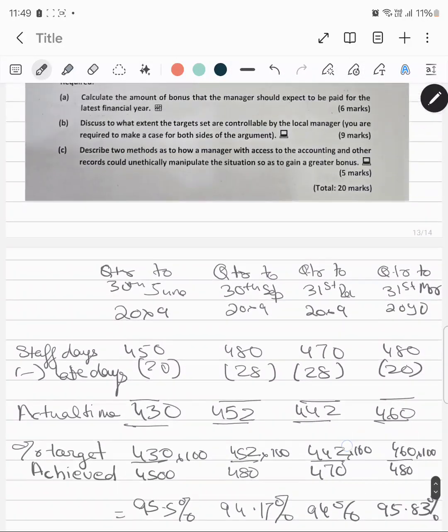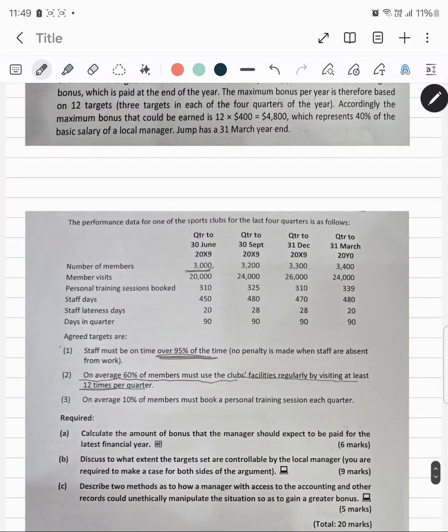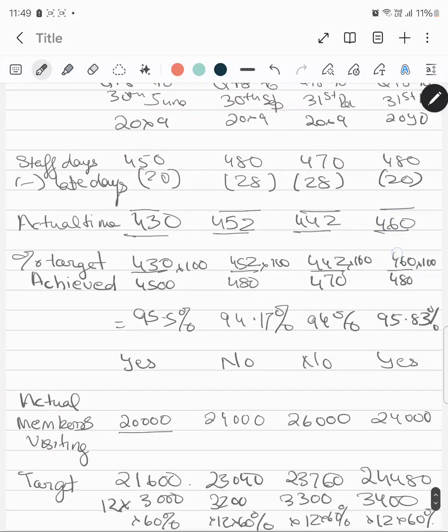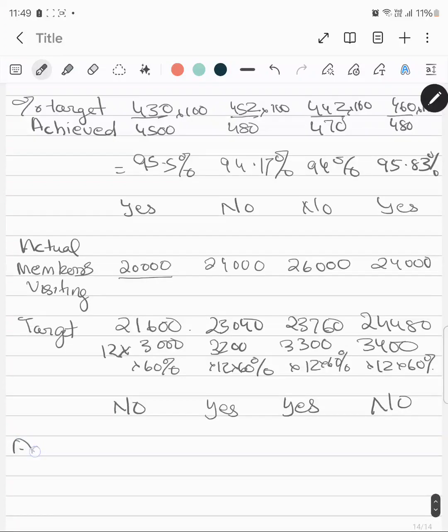Now what is the third target? The third target is on an average 10% of the members must book a personal training session each quarter. What is the information given about personal training sessions? Personal training sessions booked. So this is the actual number, I believe. So the actual